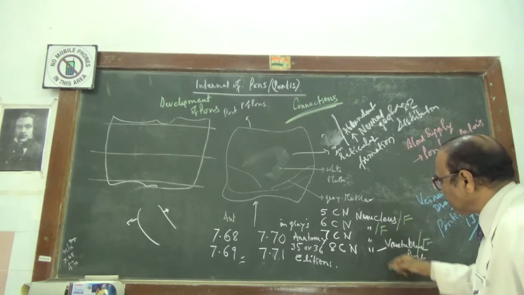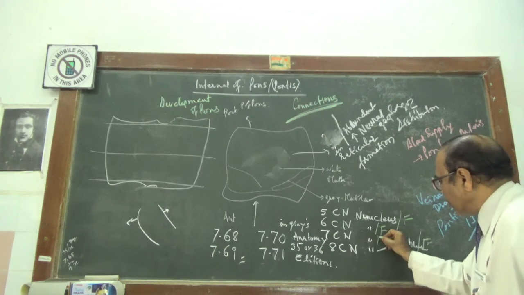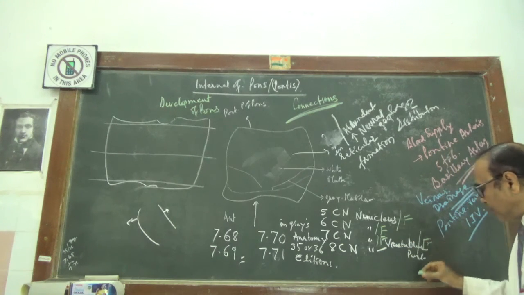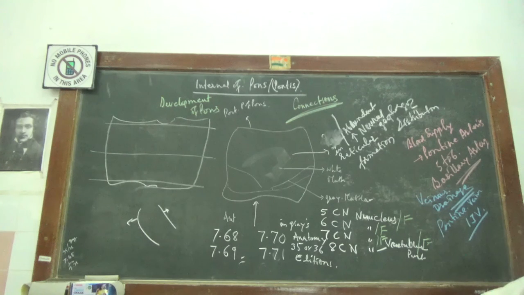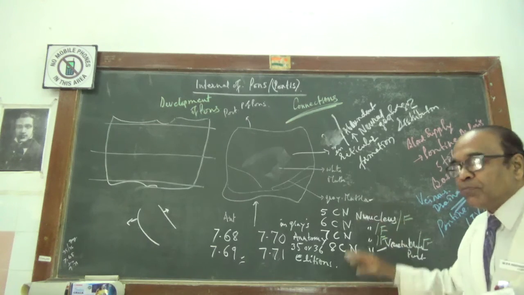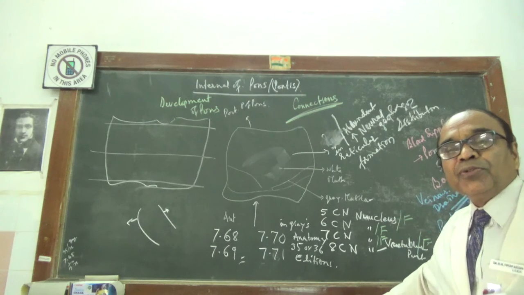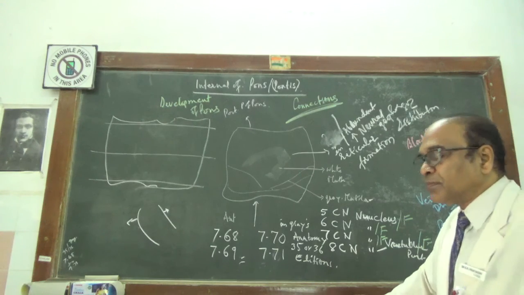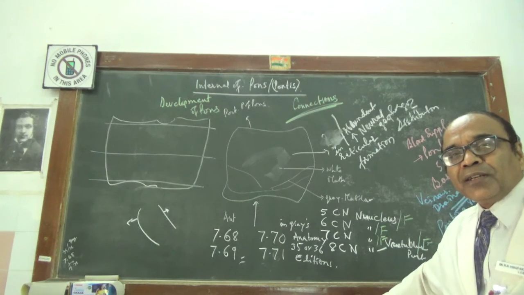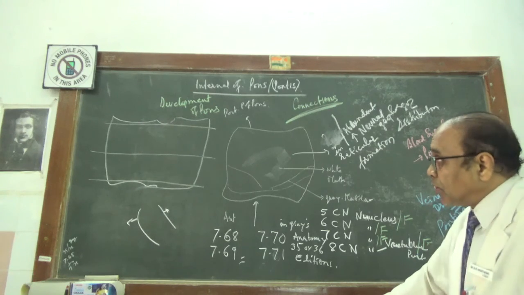And then the other nuclei which are there internally in the pons will connect to either the spinal cord, or parts of the spinal cord, or the medulla oblongata, or parts of the medulla oblongata,